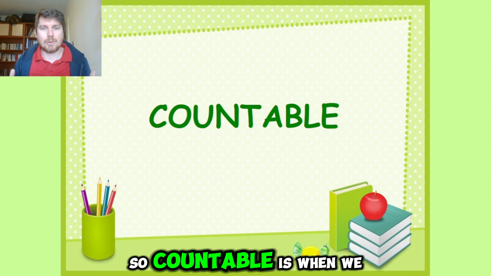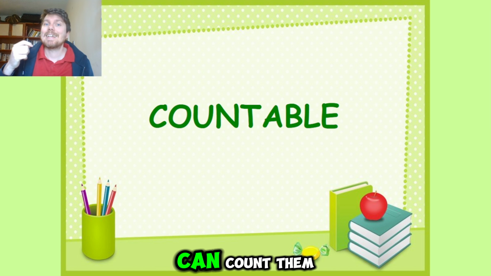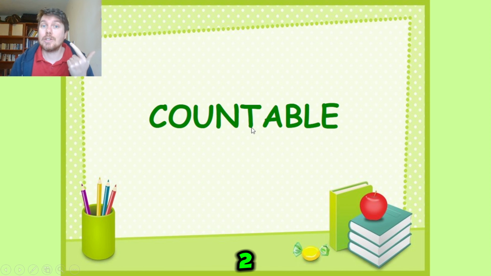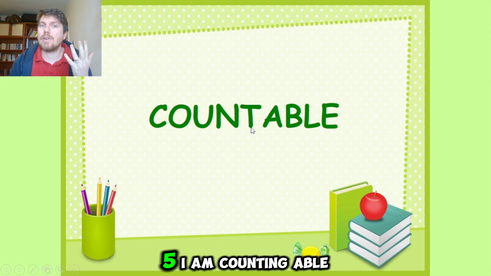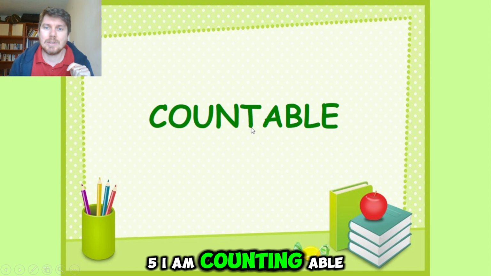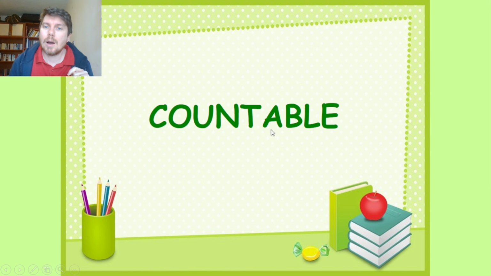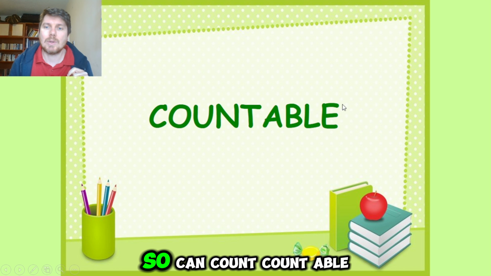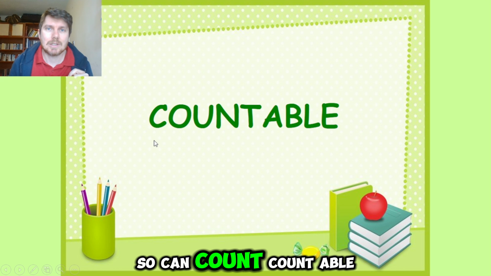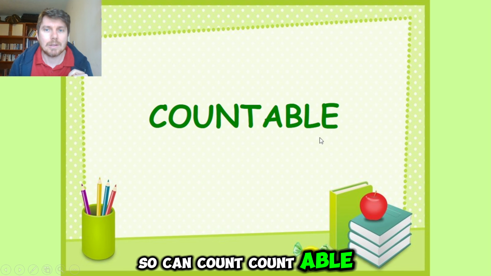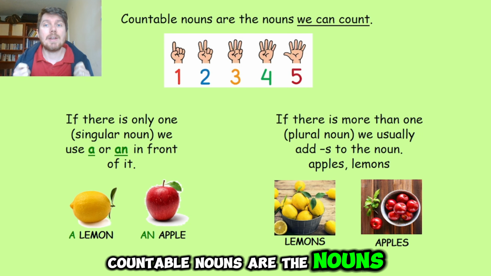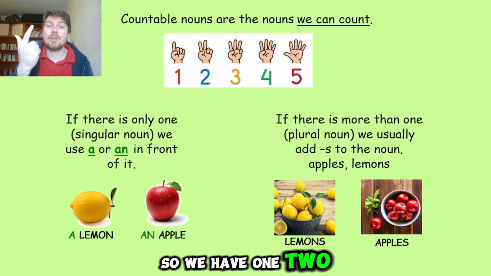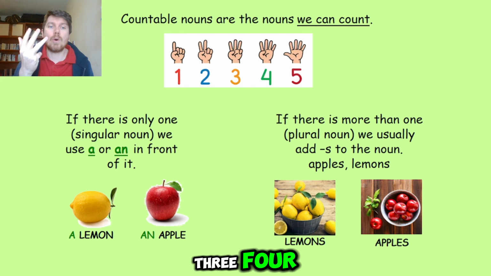So countable is when we can count them. So we have count, 1, 2, 3, 4, 5. I am counting. Able is able, and that means can. So can count. Countable. Countable nouns are the nouns that we can count. So we have 1, 2, 3, 4, 5